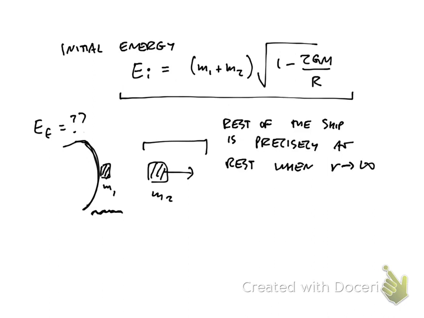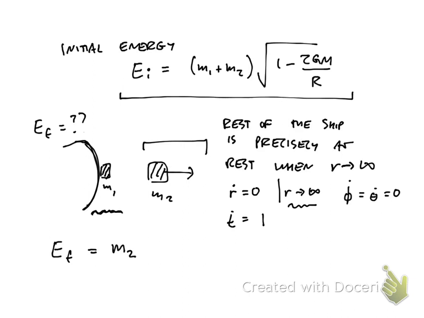So in other words, r dot equals 0 when r goes to infinity. And of course, we're assuming theta dot and phi dot were always 0 all along. And finally, at infinity, if the ship is at rest, t dot equals 1, because r is infinity, and we have a formula for t dot as a function of r when the ship is at rest. So what all of that means is E final in the most optimistic scenario is just